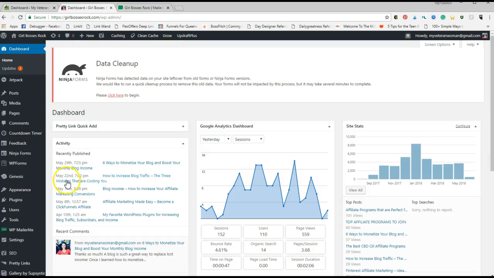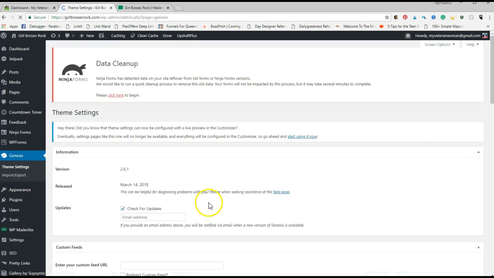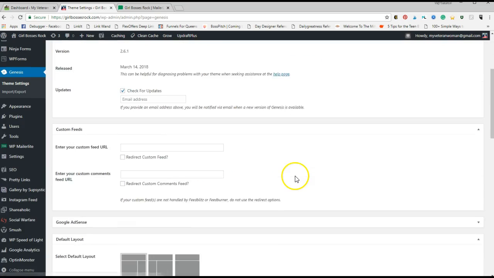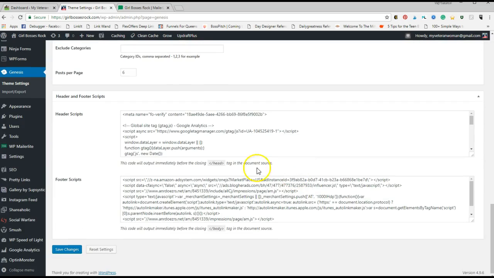for a Genesis theme, you're going to come over here and hover over Genesis and click on Theme Settings, and then you are going to scroll down to this header and footer script. And so for this one, you would actually, if you have other stuff here, and by the way, this applies